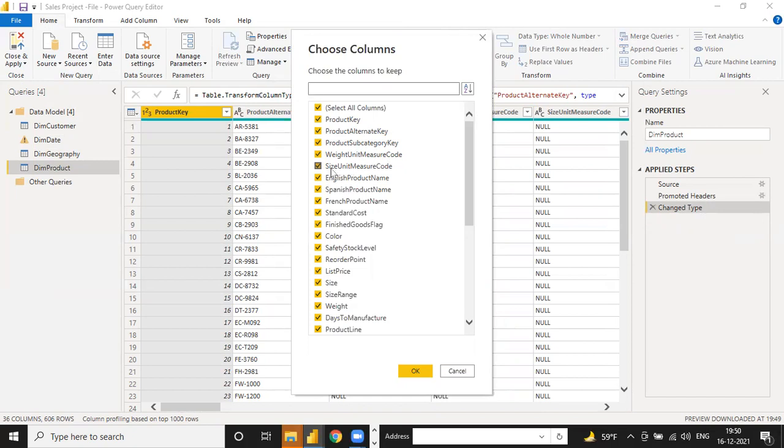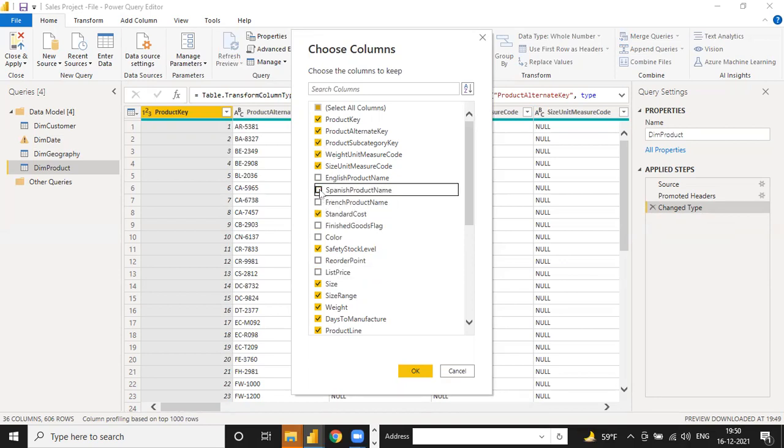Weight, unit measure code, size, English product name, sub, and this French. Finished goods, we don't want color. Safety stock level, reorder point, list price. And guys, see, this one is not as in my mind how many columns. I'm just practicing. Okay, and guys, if you need those columns, you can check this point.